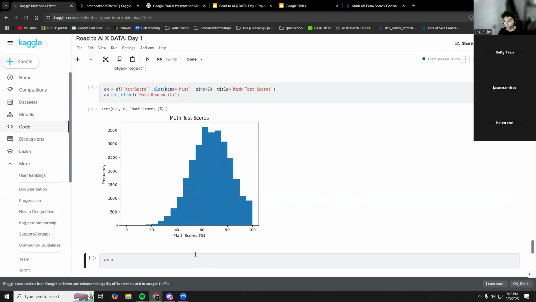And this one is most powerful for continuous values. So math score, I wouldn't say is really continuous because they all have to be solid integers, and they all range from 0 to 100. But you could still plot it as a continuous value. And then we do KDE, which is its density graph, basically. And so with this, all we have to do is kind KDE and then do title again is equal to